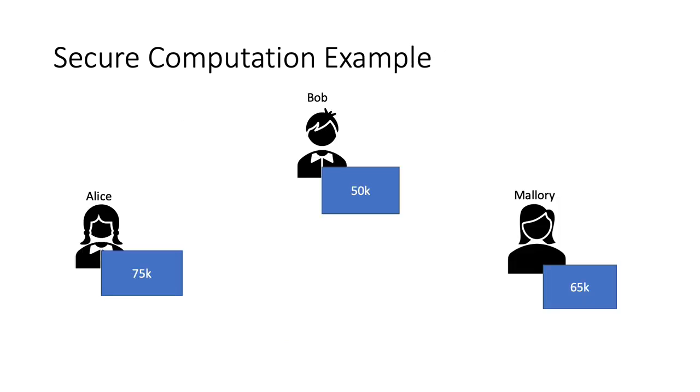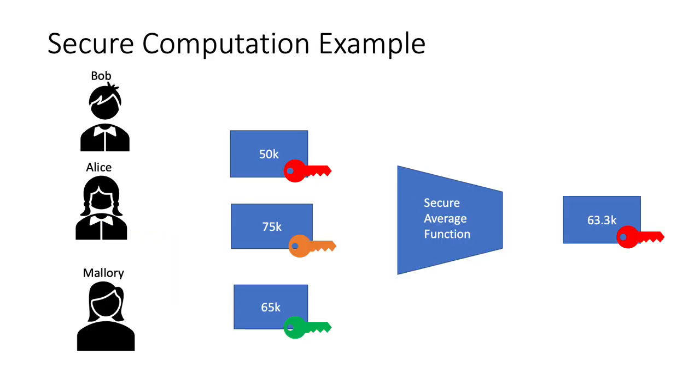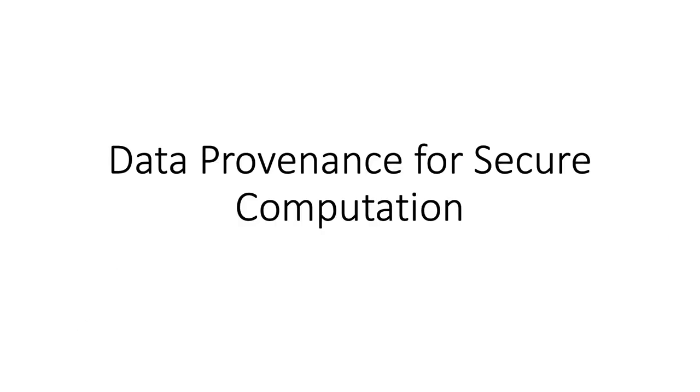As an example, consider a scenario in which Bob would like to compute the average of his, Alice, and Mallory's salaries. Alice and Mallory agree to participate only if they can keep their individual salaries secret. To do this, they can employ a secure computation technique that will only reveal the output of the average function to Bob while keeping each of their input salaries secret. They can each begin by encrypting their data with a secret cryptographic key. Then, Bob, Alice, and Mallory can each provide their secret inputs to the secure average function, which will cryptographically compute the average of their salaries and reveal the result to Bob.